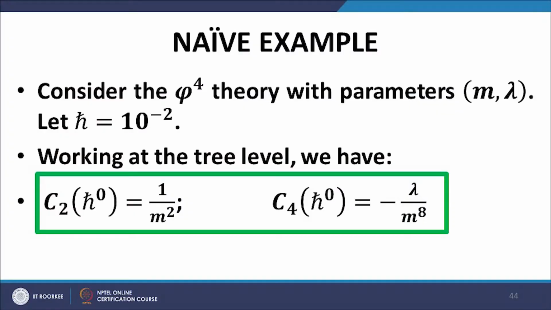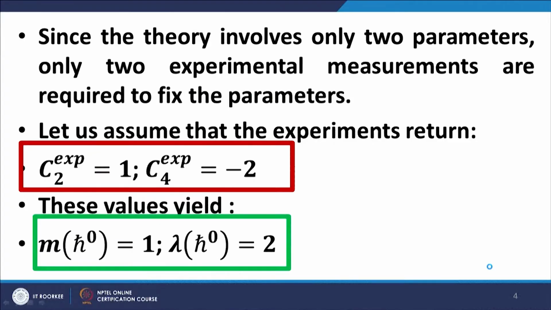Welcome back. So, we are talking about renormalization. Let us quickly recap the example. We are talking in phi 4 theory. The two parameters are m and lambda. H bar is taken as 10 to the power minus 2. The expression for the 2 point and the 4 point functions at tree level is given in the green box,